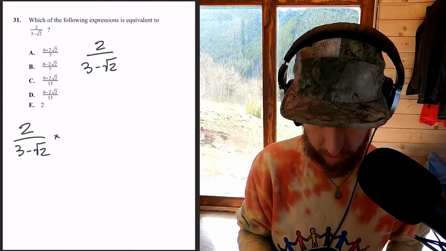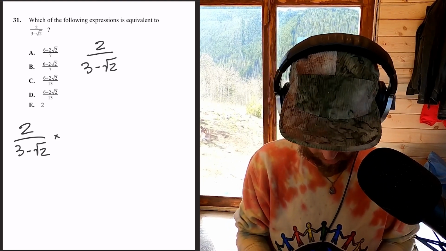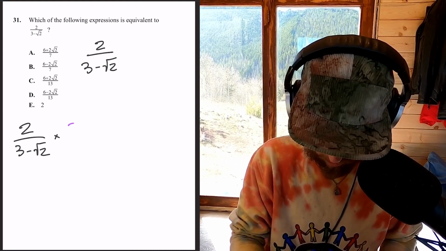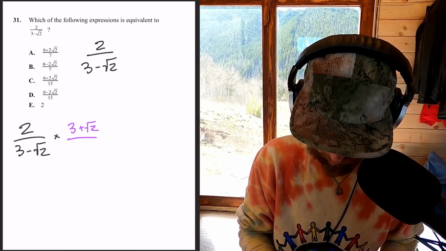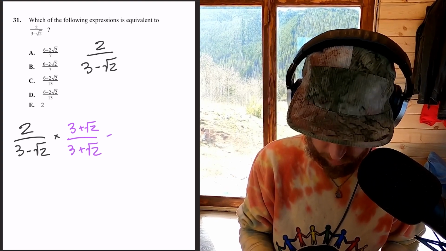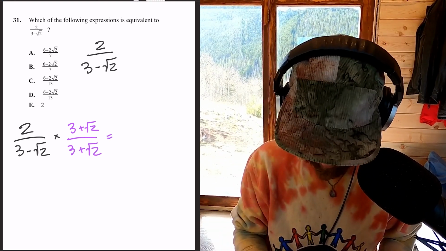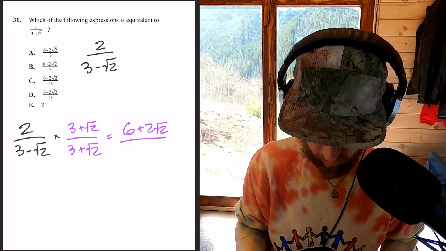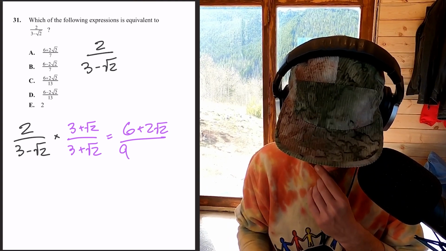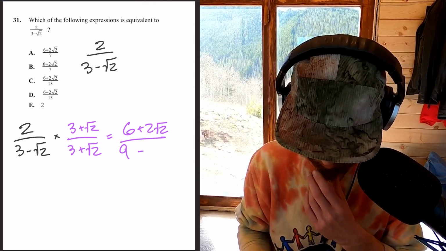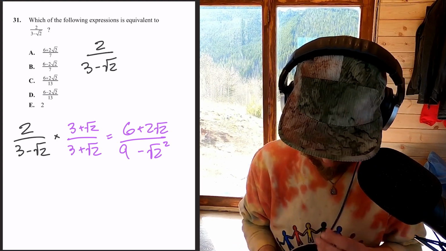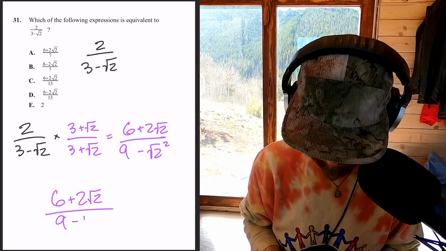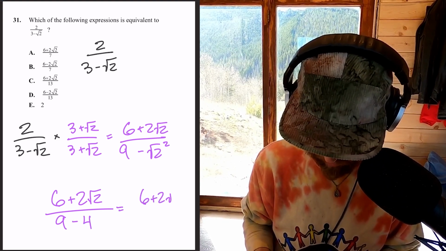I'm going to multiply this by the conjugate. So 3 plus root 2 over 3 plus root 2, which is technically just multiplying by 1. Up top, that becomes 6 plus 2 root 2, over, and then on the bottom, that becomes 9 plus 3 root 2 minus 3 root 2 minus square root 2 squared. So this becomes 6 plus 2 root 2 over 9 minus 4, which is 6 plus 2 root 2 over